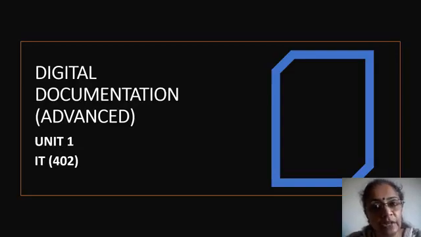In our previous unit, that is unit number 2, we covered spreadsheets, which is equivalent to Excel, and RDBMS, that is unit number 3, which was equivalent to the Access part of MS Office. So the same thing we are going to do with the equivalent of Microsoft Word, but we are going to do it using the Apache OpenOffice software. So this is what is going to be covered under unit number 1.